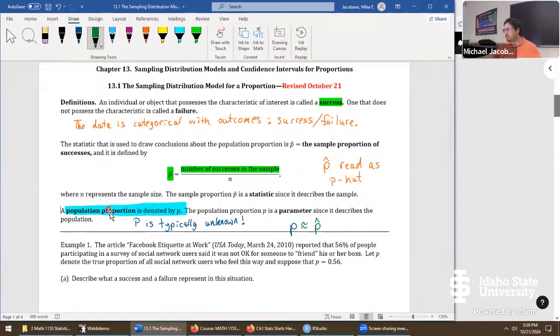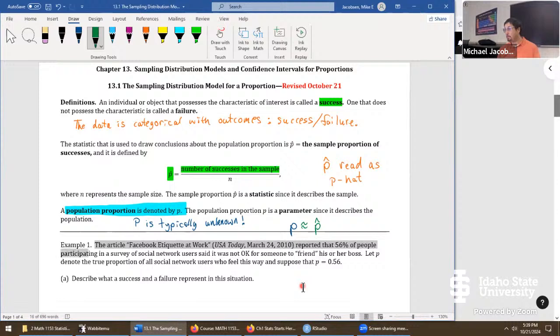Okay, so here's an example that tries to put this into reasonable context. It starts off by saying, the article, Facebook Etiquette at Work from USA Today. This was in 2010 when social media was still kind of new in a certain sense. This article reported that